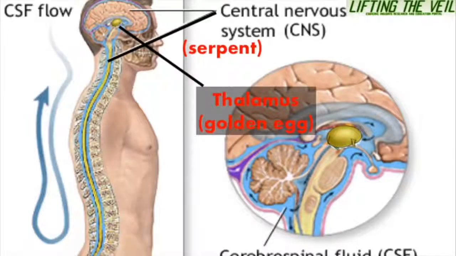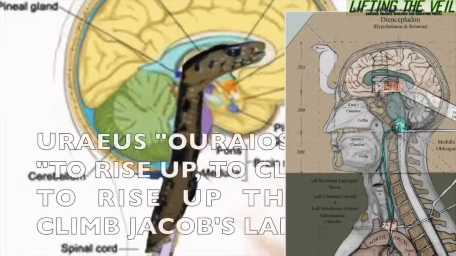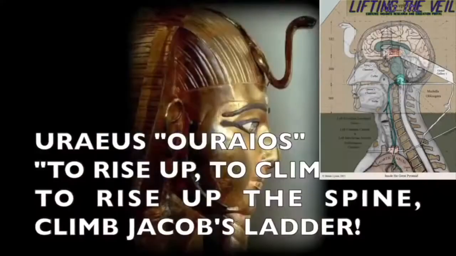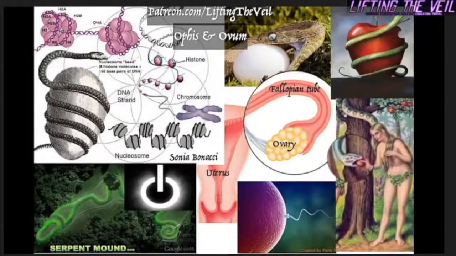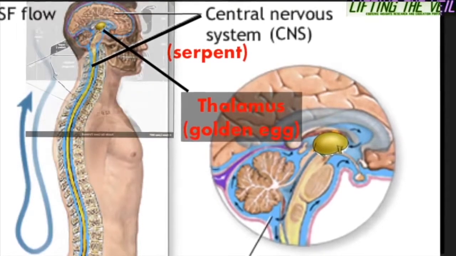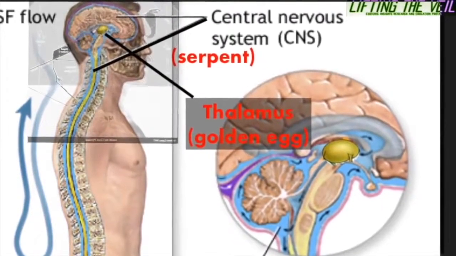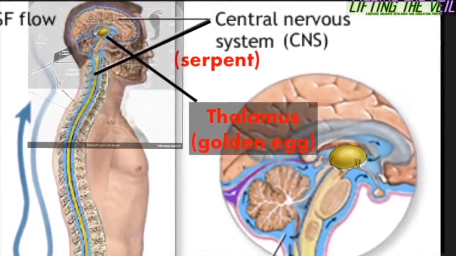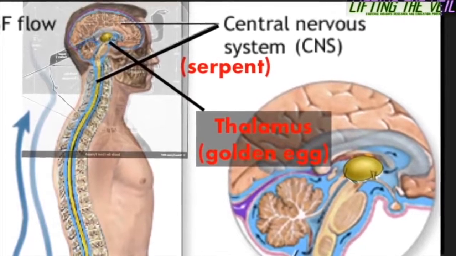So again, remember from the part 2 presentation where I depicted the basal ganglia being the aureus serpent. This is why the spinal column and the egg, the serpent and the ovum, the spinal column and the thalamus within the brain, which is a summation of everything I've shown in this presentation. And this is the significance of the story of Jack and the Beanstalk, or Osiris climbing